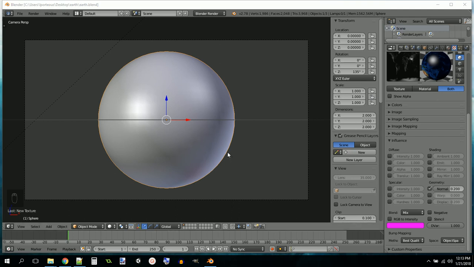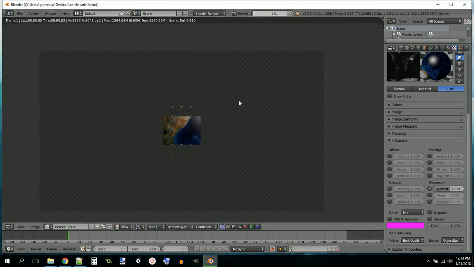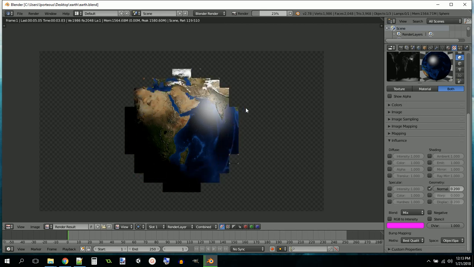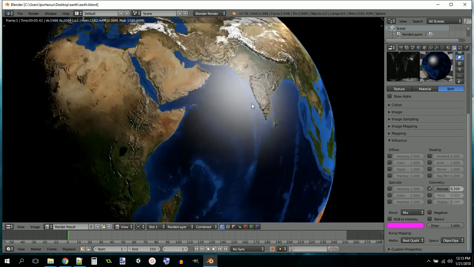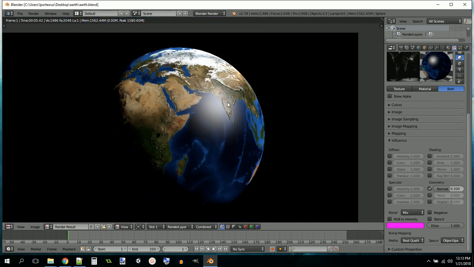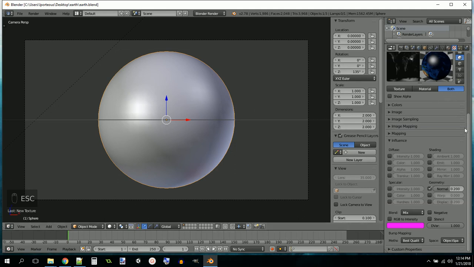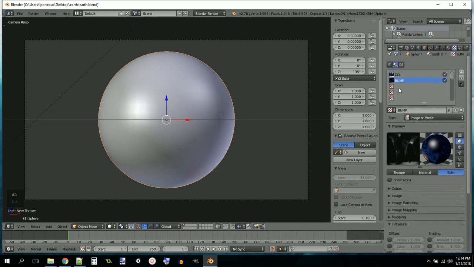Okay, the last thing I'm going to add in this particular video is, let's render this again so you can see what I'm going to try and fix. What we're looking at right now is an image of the Earth, and we've got this shiny spot, and the thing is that the shiny spot is just as shiny on land as it is on the water, and we want to adjust that so that the water is shiny and the land isn't. So we're going to use a thing called a specularity mask to make some parts of the Earth shiny and some parts not. So we're going to add a third texture,